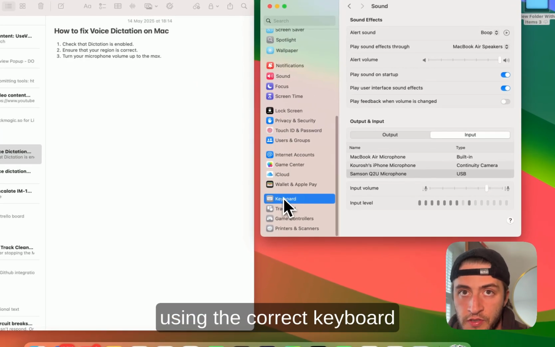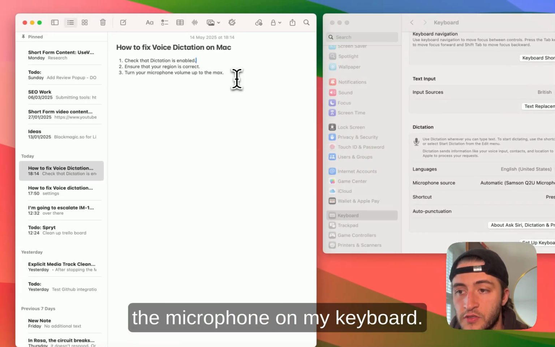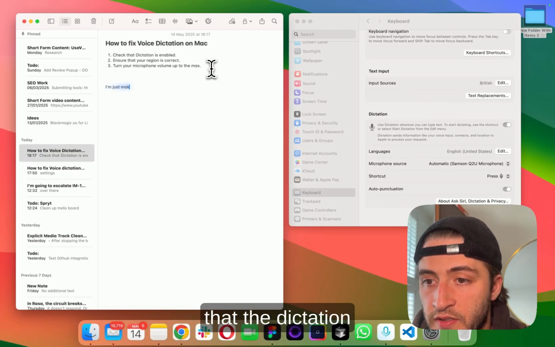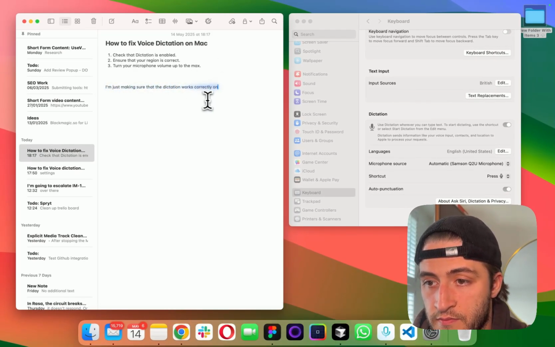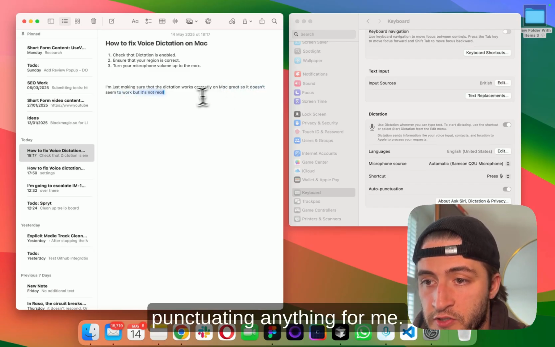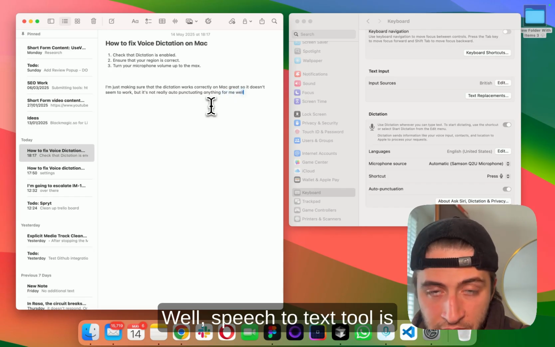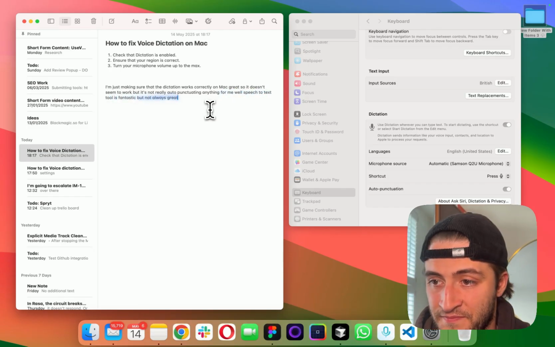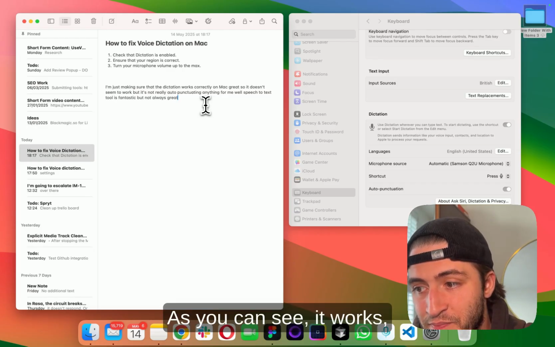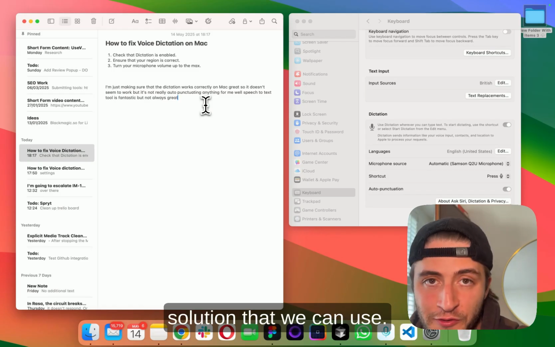Also, ensure that you're using the correct keyboard shortcut for it. In my case, I'm pressing the microphone on my keyboard. So let's try it out. I'm just making sure that the dictation works correctly on Mac. Great. So it does seem to work, but it's not really auto-punctuating anything for me. Well, speech-to-text tool is fantastic, but not always great. As you can see, it works, but it's not really great,